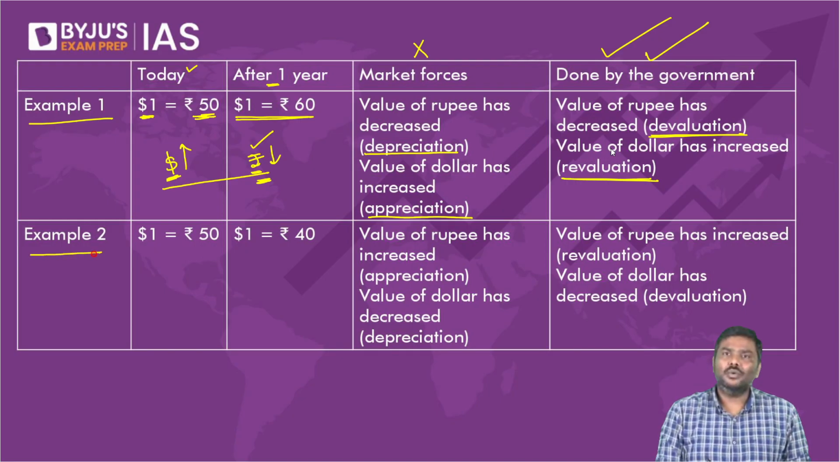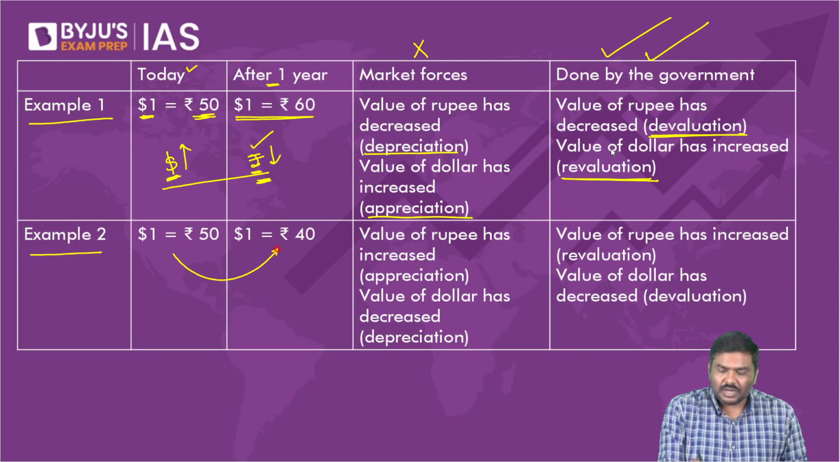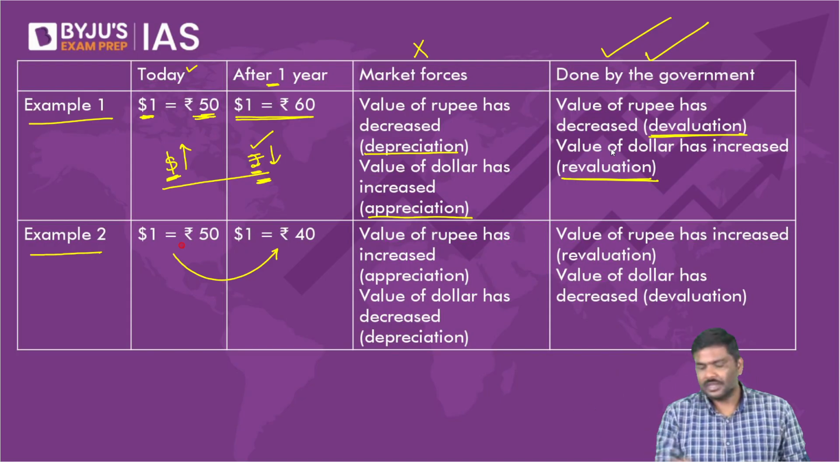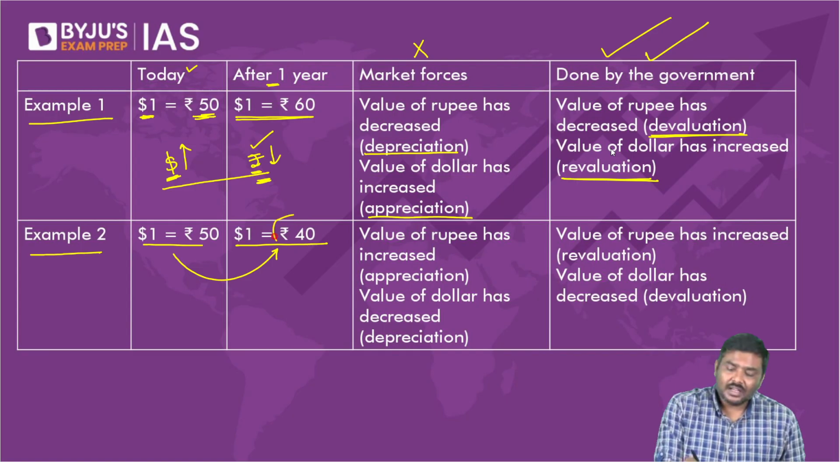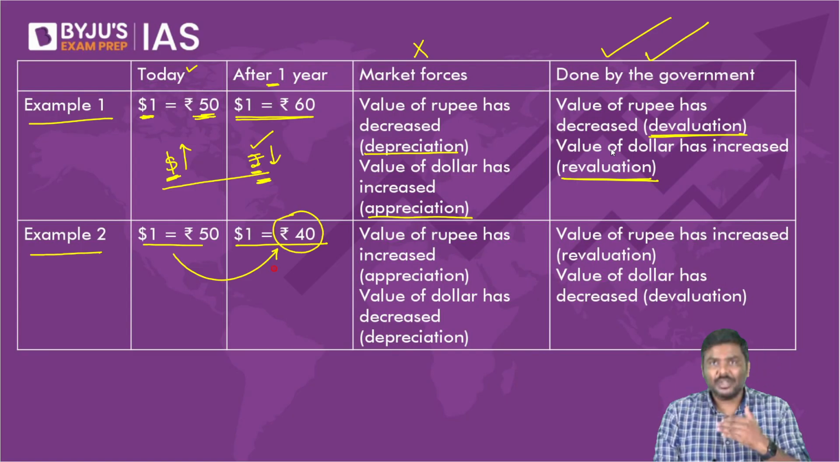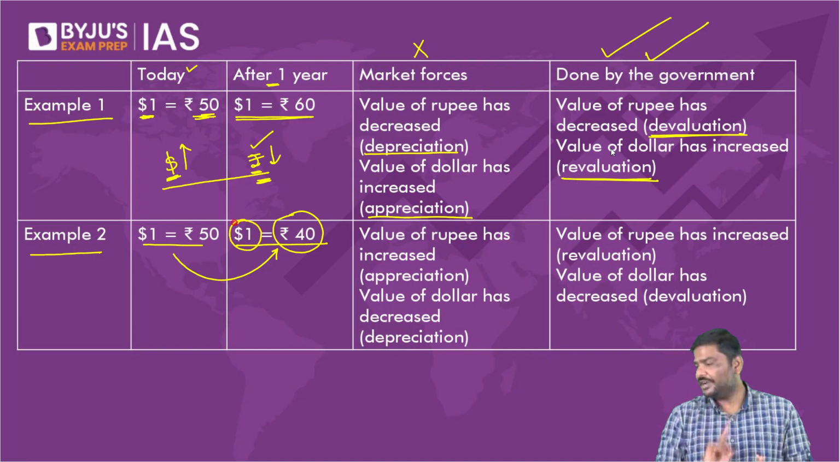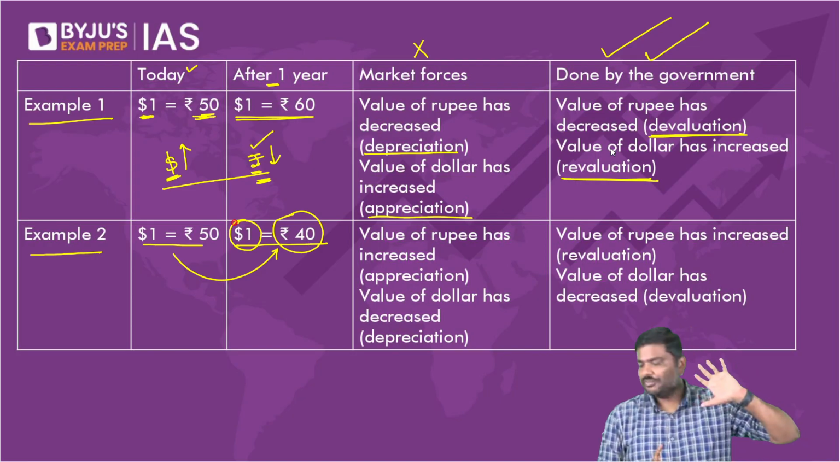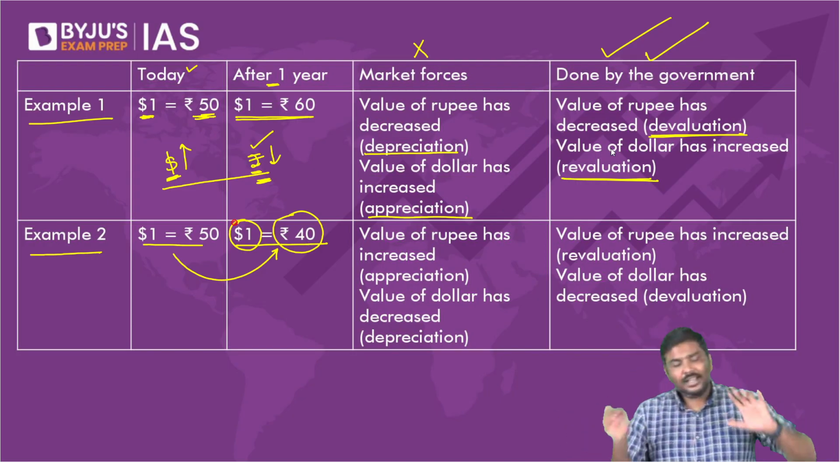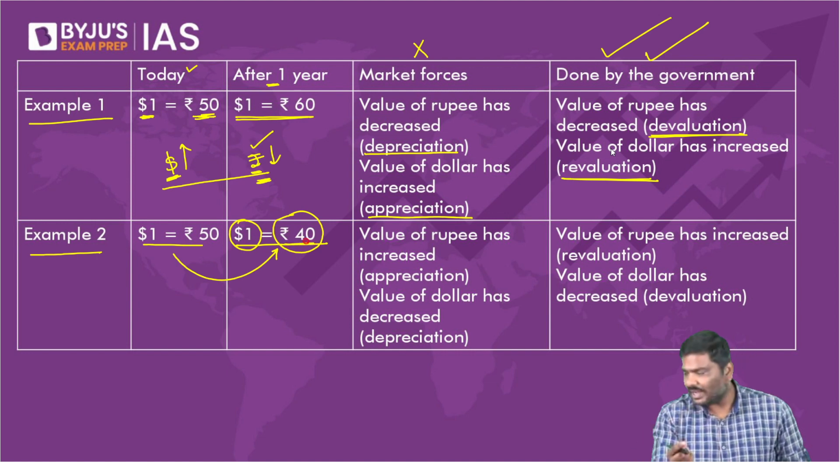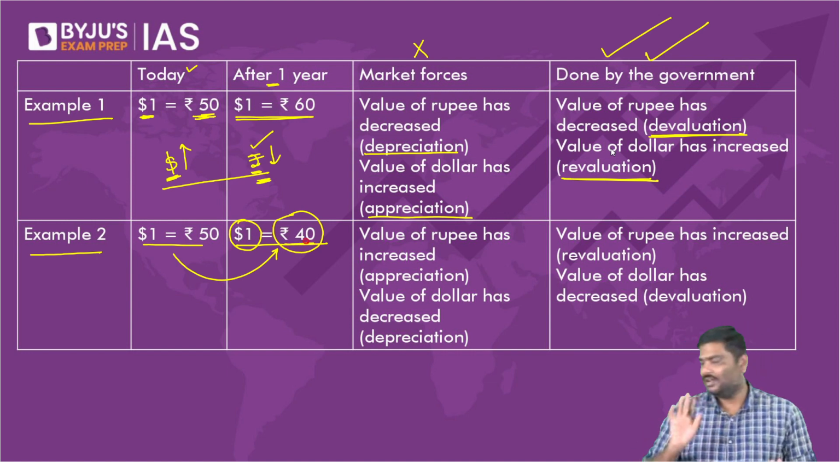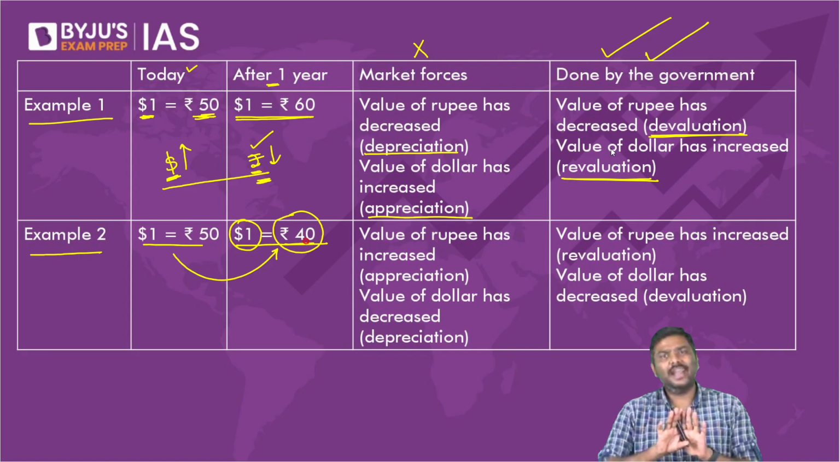Can I say in example 2, between now and after 1 year, rupee value has appreciated, dollar value has depreciated? And on the other side, can I say if it is done by the government, rupee has been revalued, dollar has been devalued? So logically understand this,